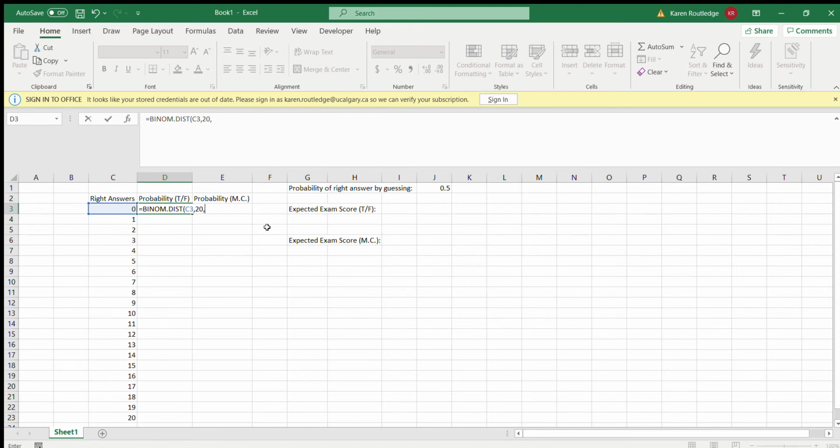The probability of a success, the probability of an event happening, of getting a correct answer, is this number over here. So it's a 50% chance of getting an answer correct just by guessing. And for the binomial distribution, at least the way we're using it, we want false. We want the exact probability of 0. We do not want a cumulative probability. So when we get to 10 right answers, for instance, we want the probability of exactly 10 right answers and not the probability of 0, 1, 2, up to 10 right answers.